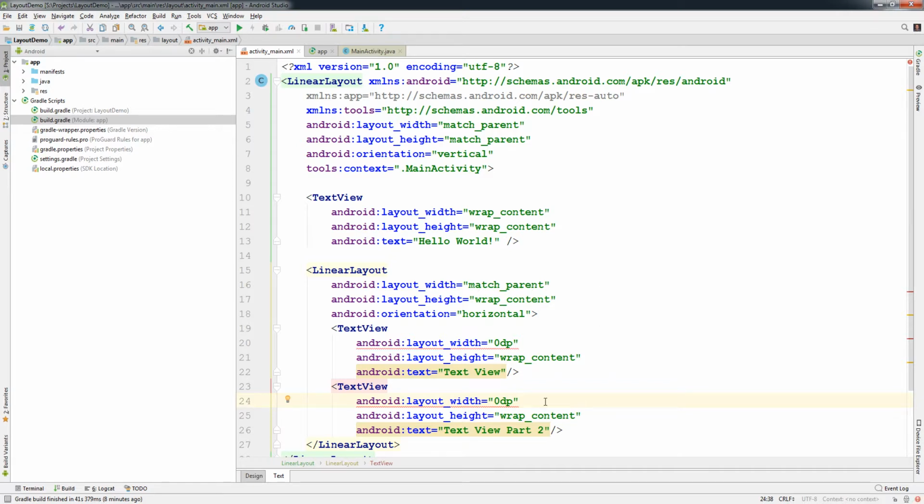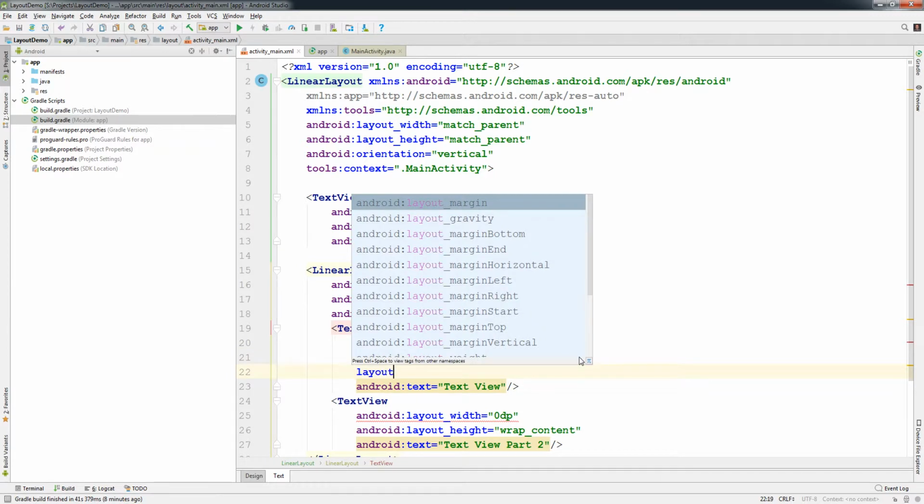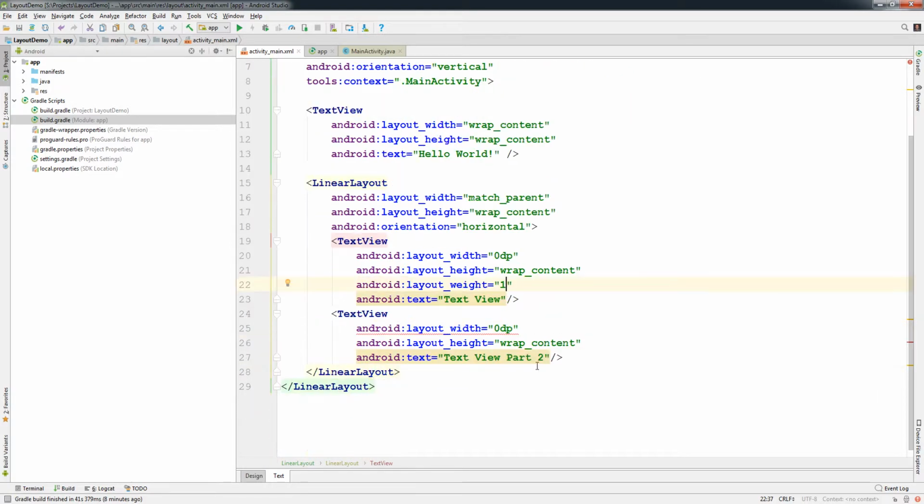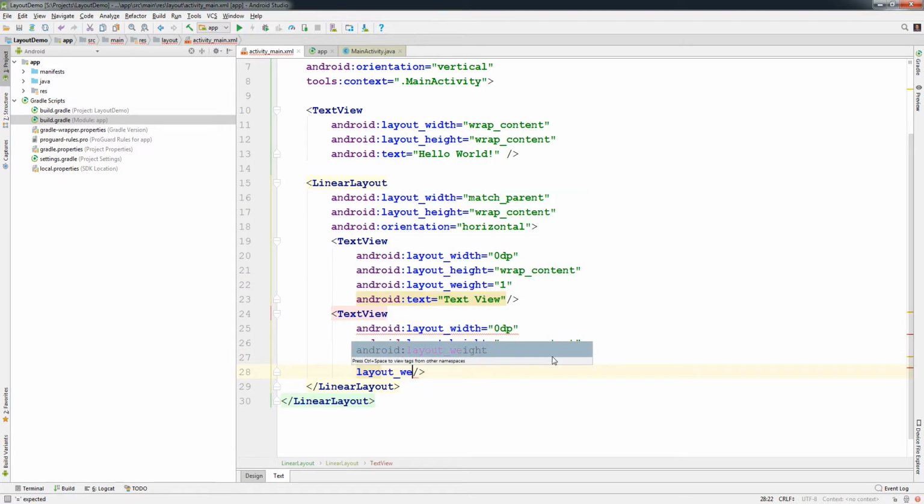Okay. However, whenever we use a width or a height of 0, we now have to also provide another attribute called a layout weight. Now, layout weight is a number that we are going to provide. So this guy has a weight of 1, and layout weight also of 1. Okay. Now, since they both have the same weight, they're each going to get half of the screen. Because if I add all of my weights together, I have 2, and this guy gets 1 of 2,